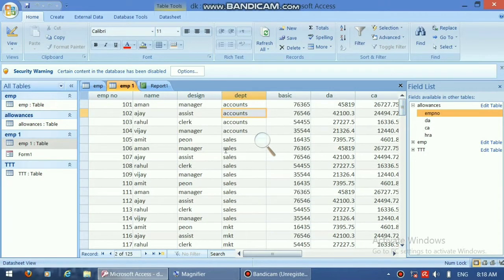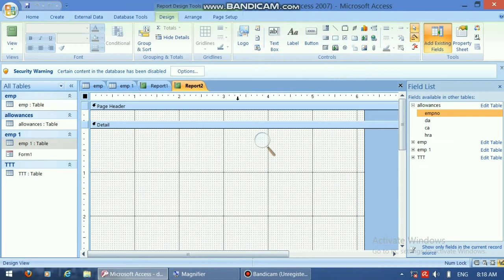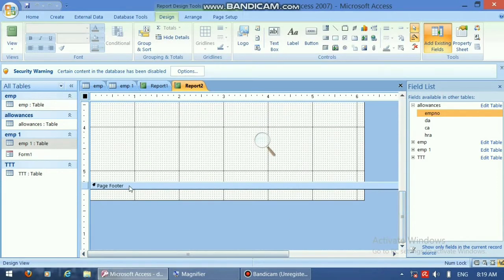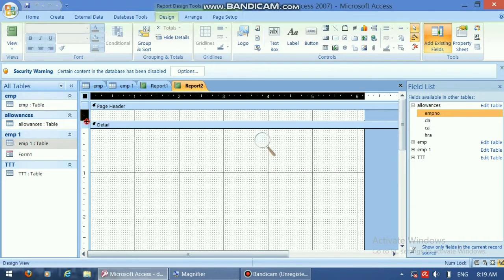So first of all, go to Create and Report Design. Click on Report Design. This dialog box will come, and in it you have 3 sections. First, page header, then detail, and page footer, right? If you want more space in the page header, you can drag the detail downwards like this.